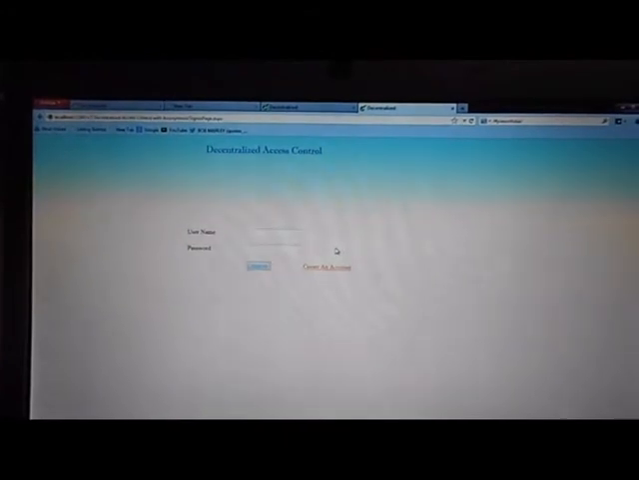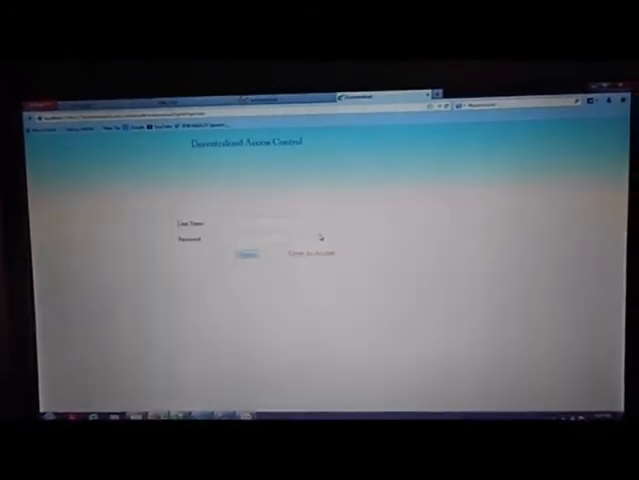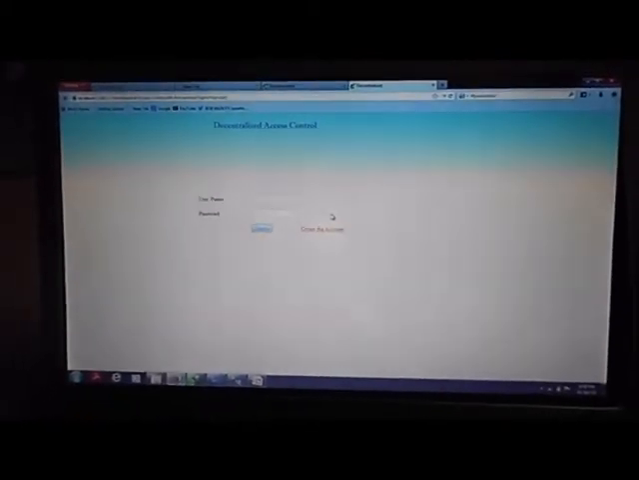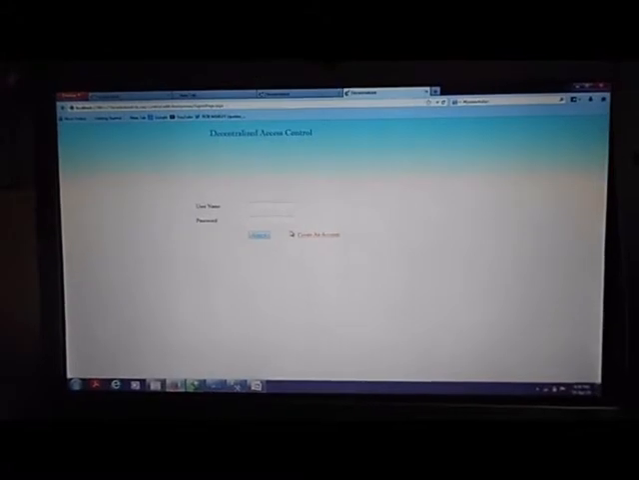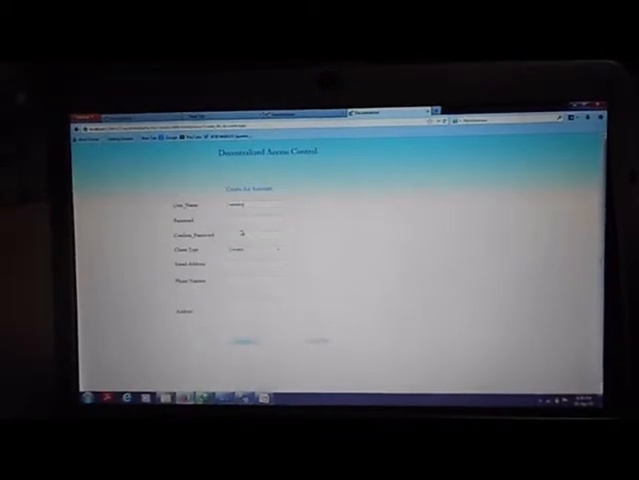We have three kinds of users, and we have used role based access control and attribute based access control for the access control of the project. For a new user, we go for create an account, and we create an account like Vanisha, and the password will be